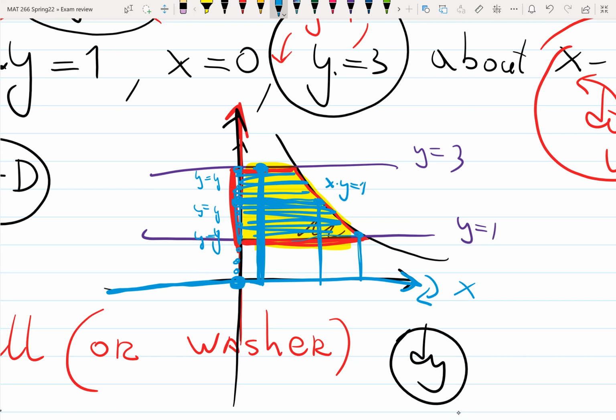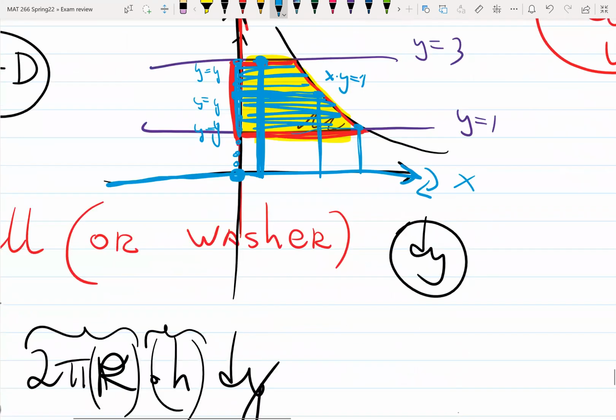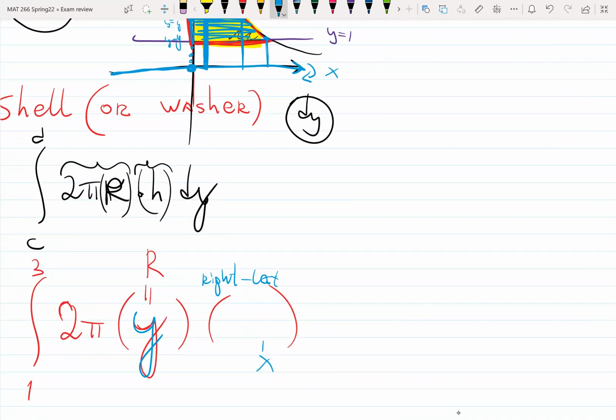What is the function on the left? x equals 0. That's what we're going to have here. x equals 0 is on the left, and x equals 1 over y is on the right. No squares needed. It's 2 pi r times h. 2 pi r is the circumference, h is the height of each sliced onion, dy. Make sure there's no x